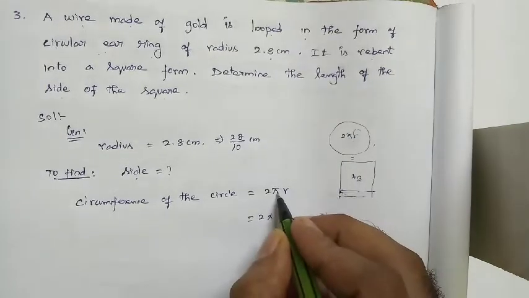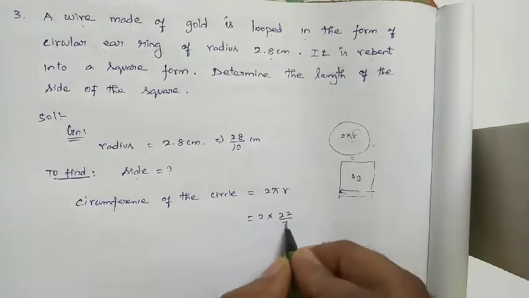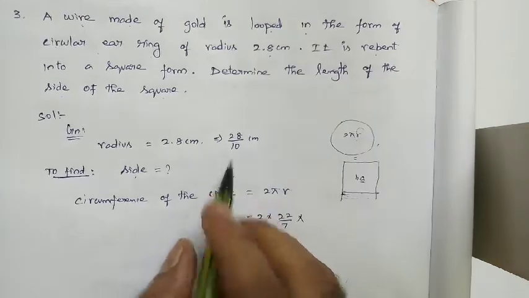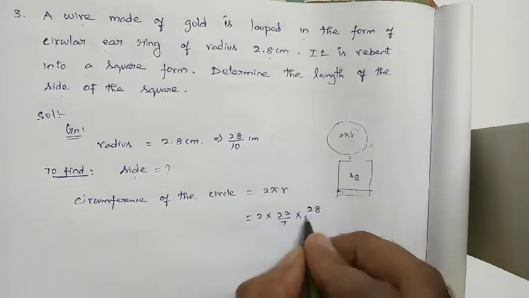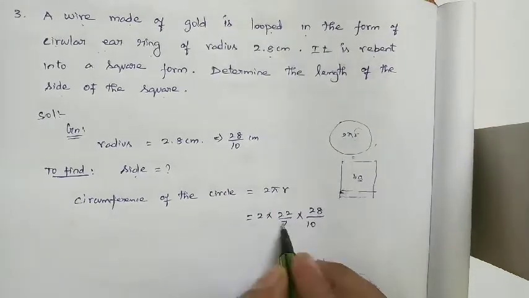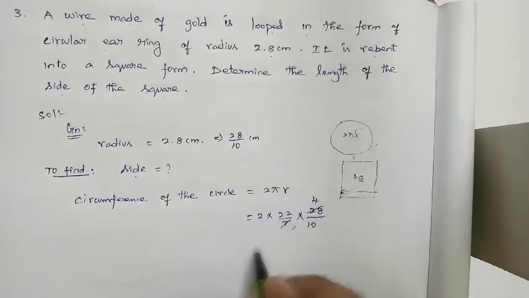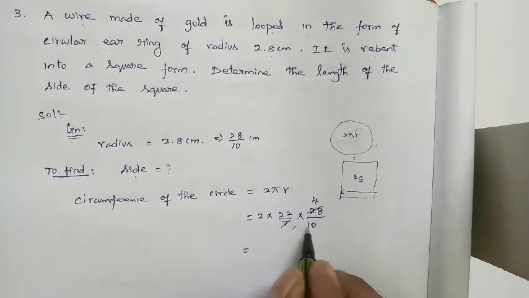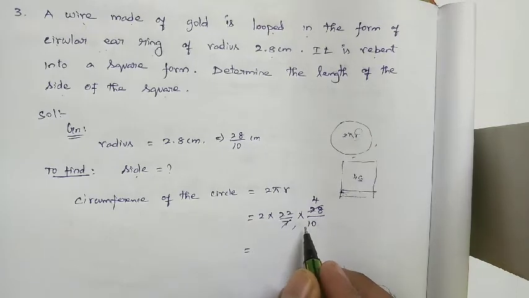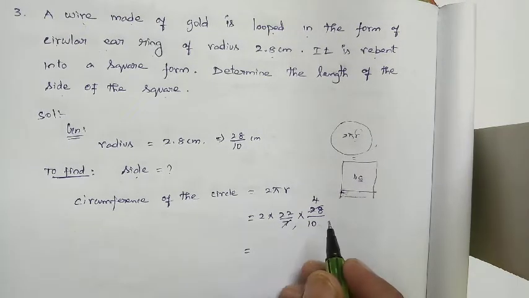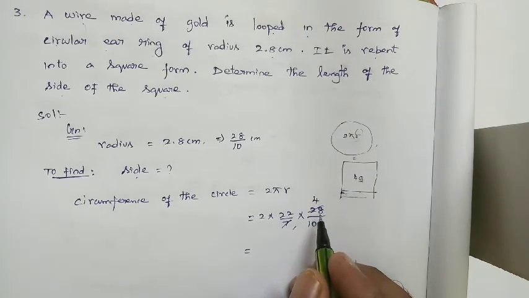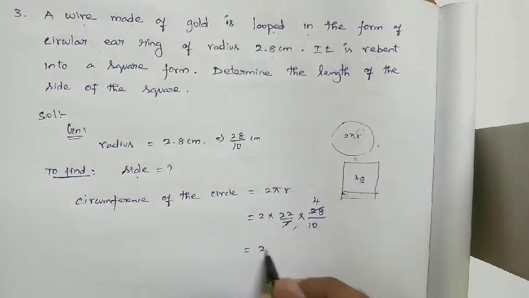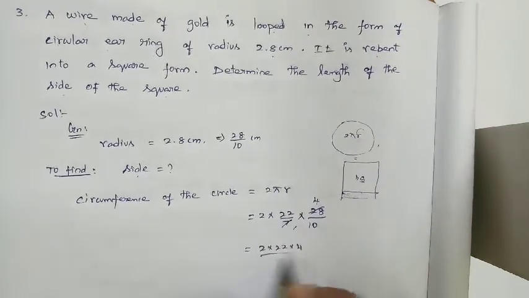Here, substitute: pi is equal to 22 by 7 into, what is the value of radius? 28 by 10. I have converted 2.8 into a fraction, which is 28 divided by 10. Simplify 7 once, 4 times. Now, what remains in the numerator and denominator? In the denominator we could simplify multiples of 2, but don't simplify. Keep it as it is, because if the denominator is 10, then after multiplying the numerator we can easily put the decimal point. Otherwise we would have to divide once again. So multiply 2 into 22 into 4 divided by 10.